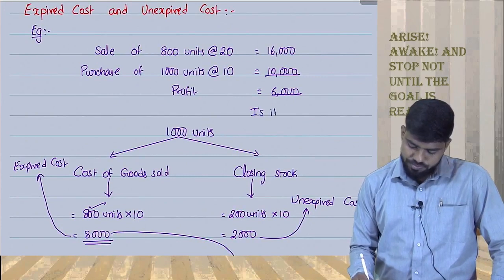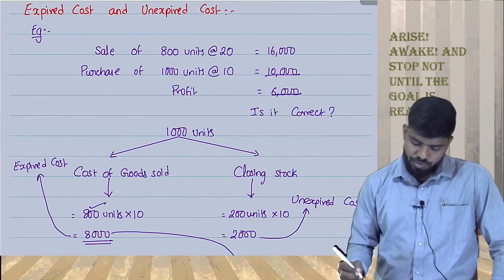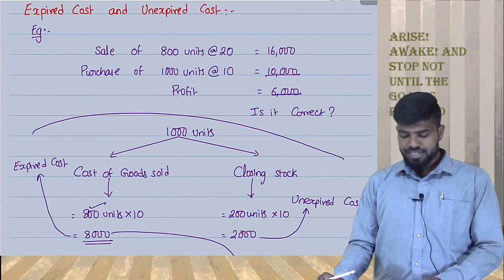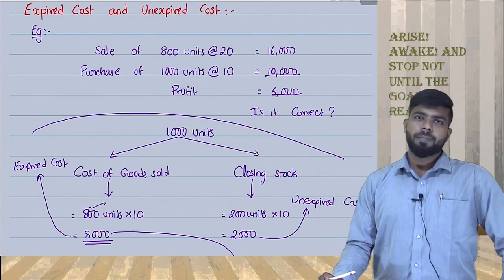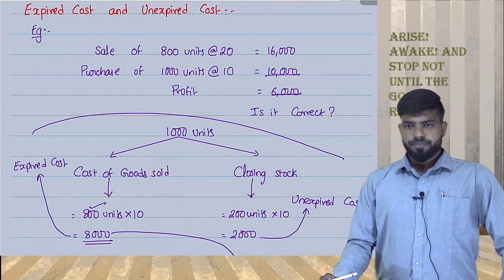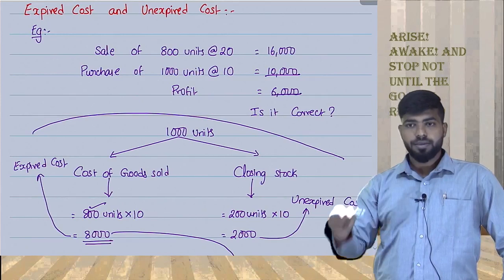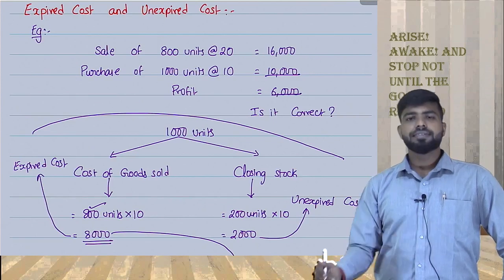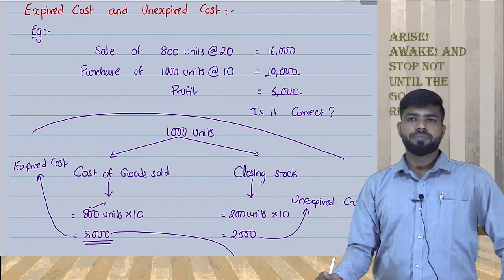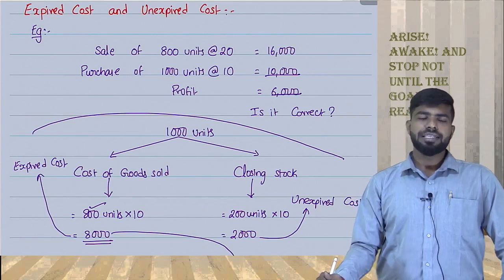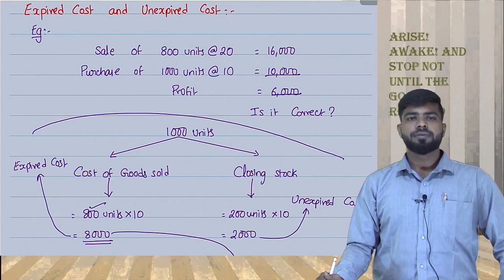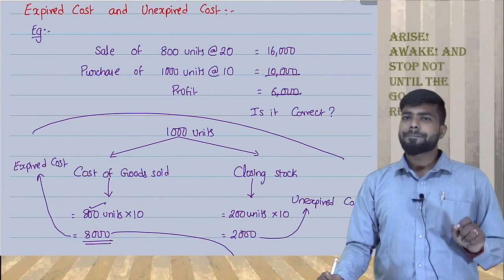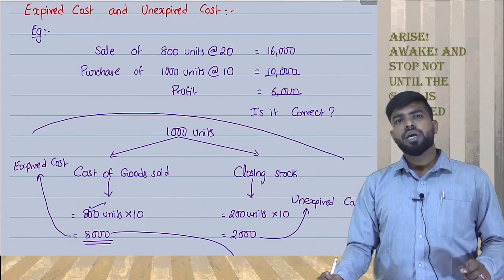After writing that, write: Is it correct? Question mark. Don't copy this, just write this. After writing this example, write: is it correct, question mark. Under that, write: Absolutely no, comma, we are wrongly comparing